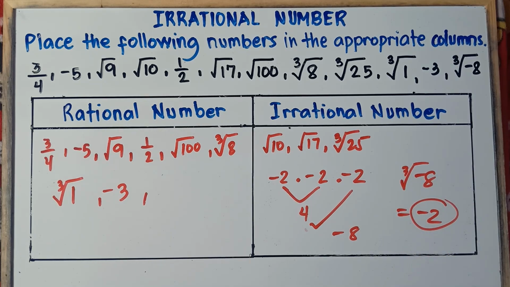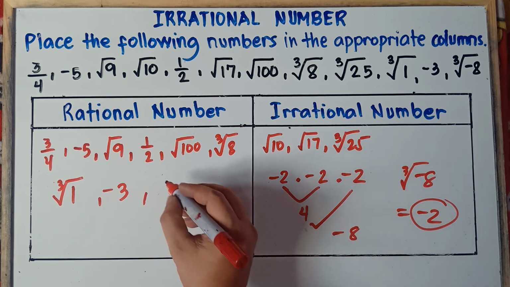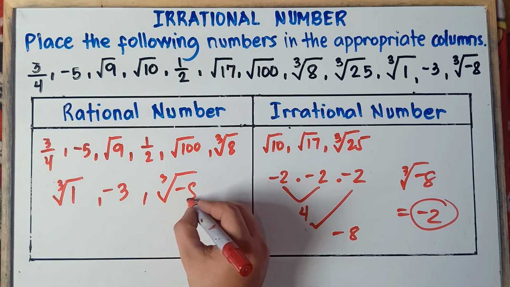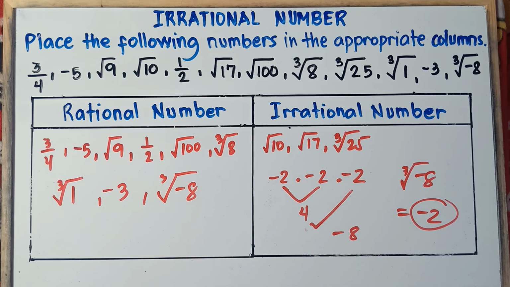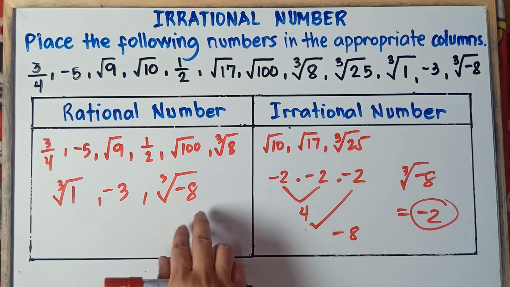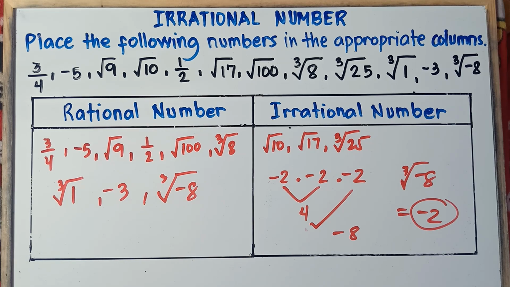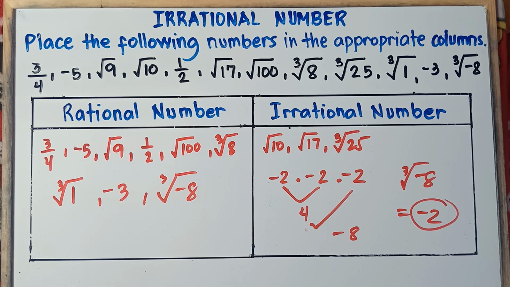And negative 2 is an integer. It is a whole number, positive or negative. We call that one integer. So therefore, negative 2 is an integer. An integer is a rational number. So the cube root of negative 8 is a rational number because there's a number that when you multiply it by itself 3 times, you will get negative 8. And negative 8 is a perfect cube. Alright, so all set for this example number 2 for our activity.